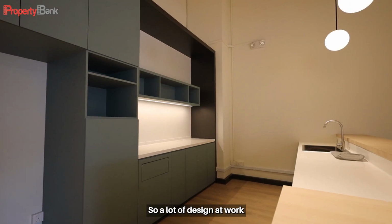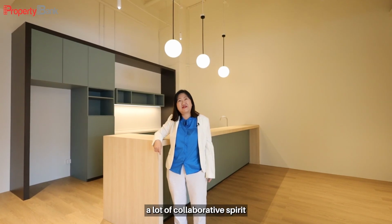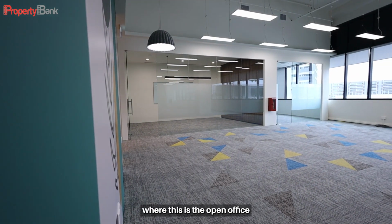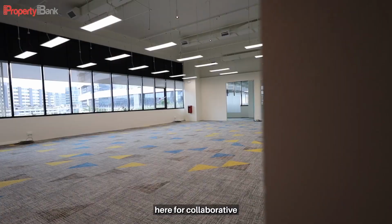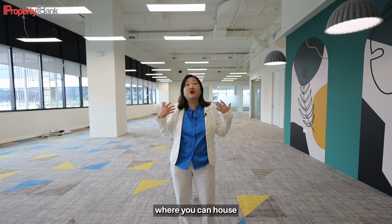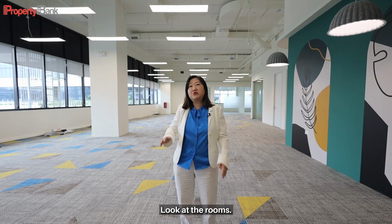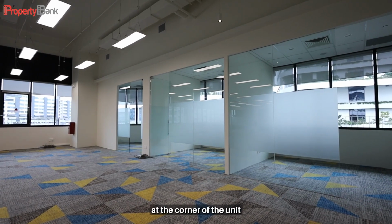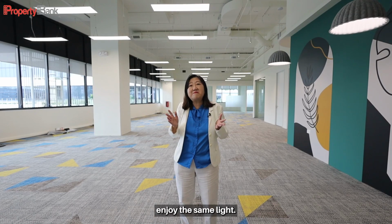So a lot of design at work over this area where you can see a lot of collaborative spirit before we step into the private office area. So over here is the open office design concept. You look at the large space here for collaborative work or basically open workstations where you can house more people. But you are not shortchanged for the number of rooms. Look at the rooms, there's one over here which is next to the window and 4 tucked at the corner of the unit. And all these rooms enjoy the same light